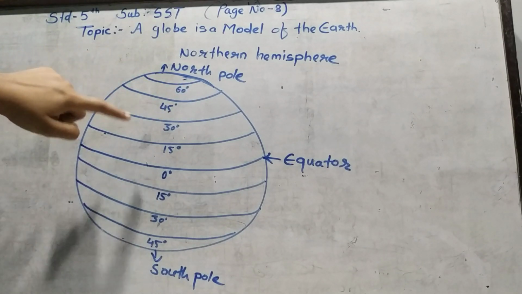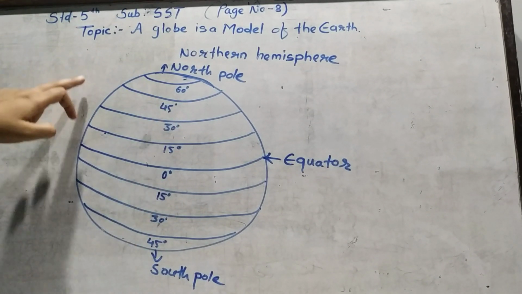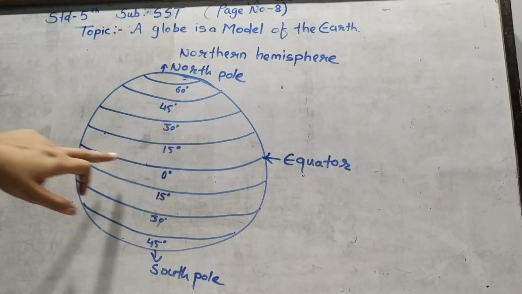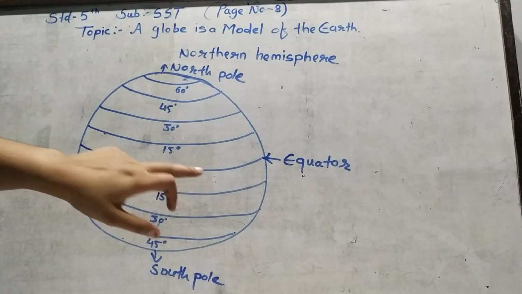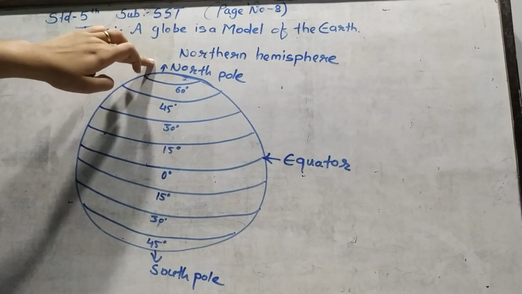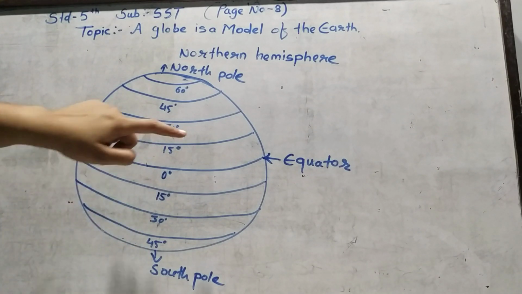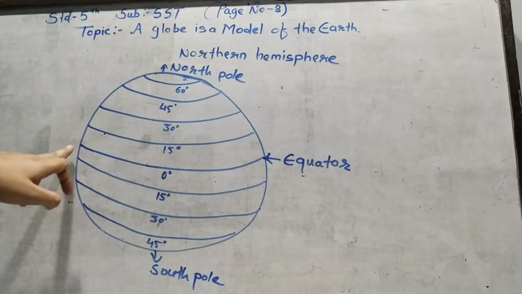These parallel lines which go upward and go downward are known as the lines of latitude or parallels of latitude. The size of these lines goes on decreasing as we go away from the equator. As you see, the biggest line is the equator. The equator, 0 degree, has the longest line. As we go towards the north pole or towards the south pole, the size of these lines goes on decreasing. The biggest line is the 0 degree equator.